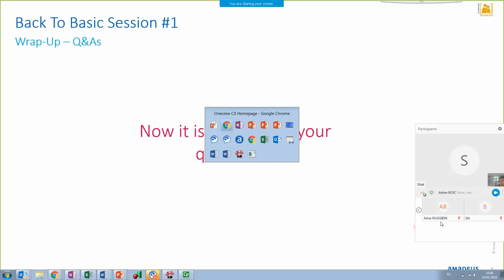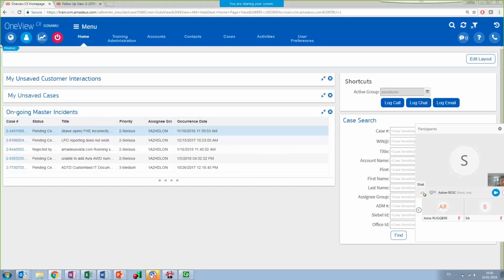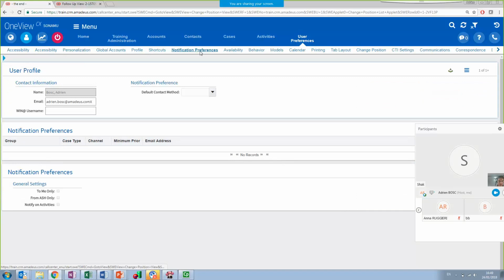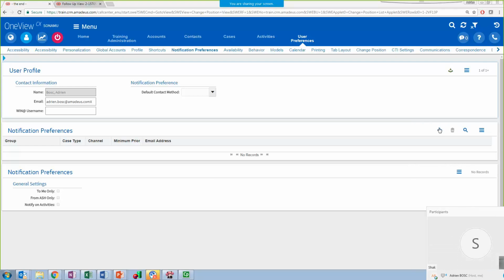So I'm going to answer really quickly to this. Yes, I'm going to show you quickly the setup that should work. Now, if you tell me that it does not work, so notification preferences. For everyone's information, it's the email that you can receive whenever there's a case that is opened or updated by someone in the help desk, or a new portal case is coming.